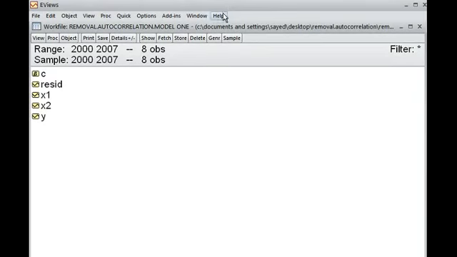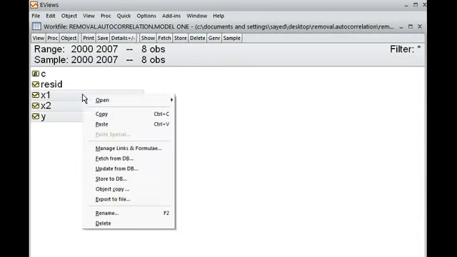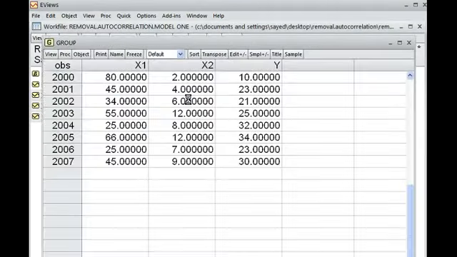Here you can see we have the data from the year 2000 to 2007, and we have three variables, x1, x2 and y. I open all the variables as a group.